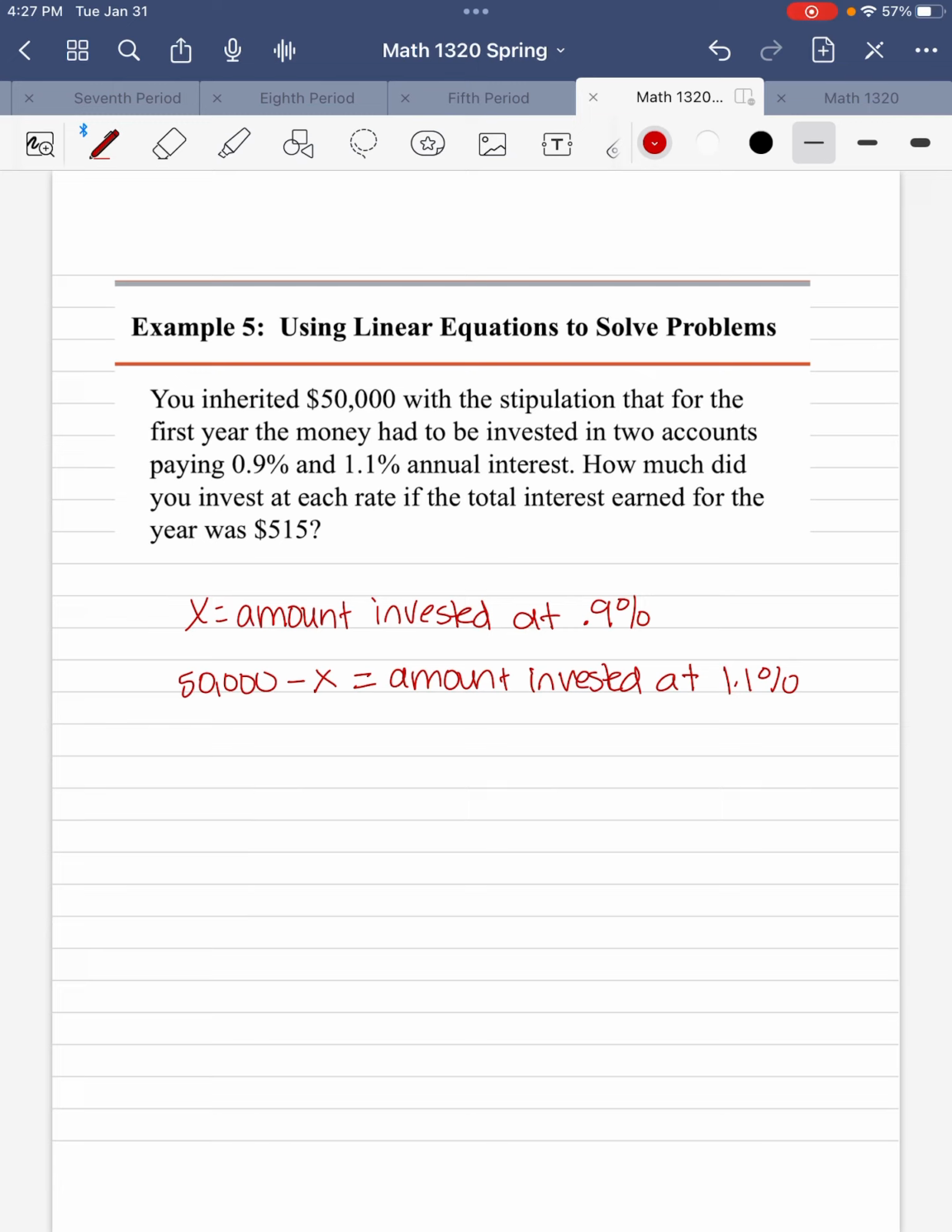Okay, so now we can write an equation, and this one's tricky. I feel like even I would struggle if I was just trying to read this and set it up. So we want to write an equation in x that models these conditions. So our equation